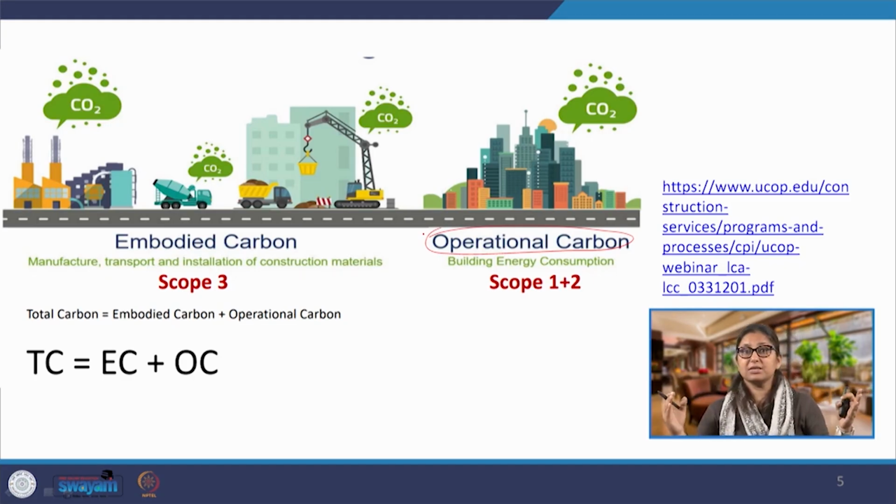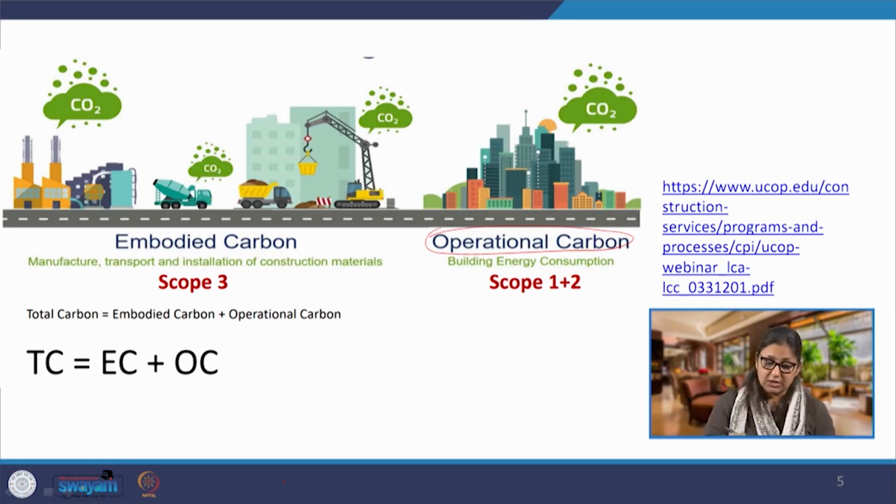We make buildings to protect ourselves from the extreme climate, the environment outside. So, when it is extreme heat outside, we still have comfortable indoors. When it is extreme cold outside, we still have comfortable indoors. When it is raining heavily, we can stay safe. So, this is the prime purpose of building, which is to provide comfort, and the energy is going in to